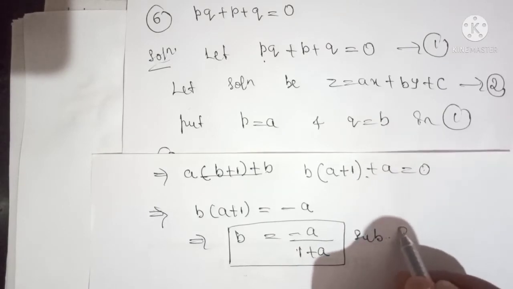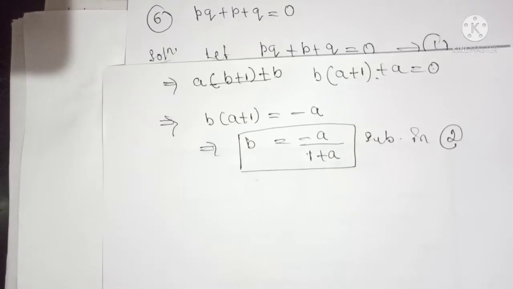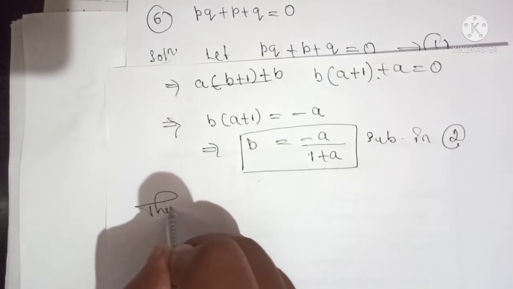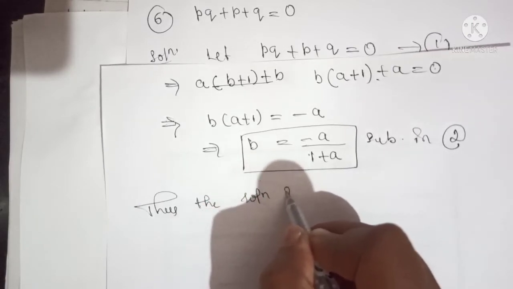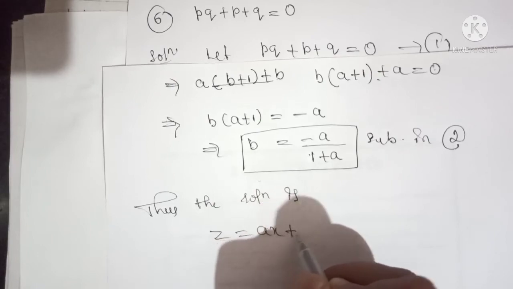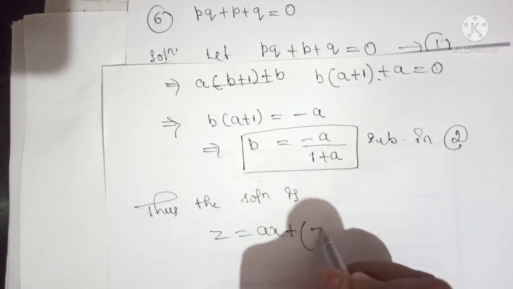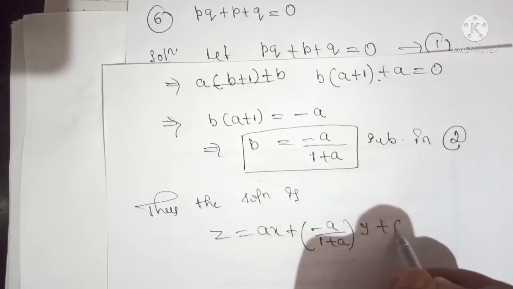Substitute in equation 2 to get the complete solution. Okay, the solution is z equals ax plus b value, which is minus a divided by 1 plus a, into y plus c,